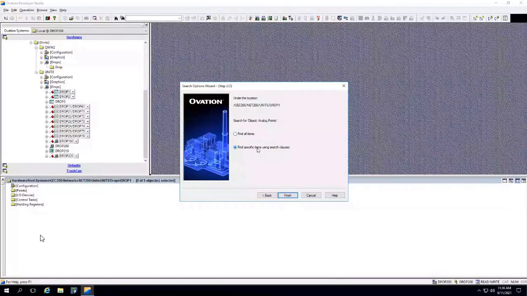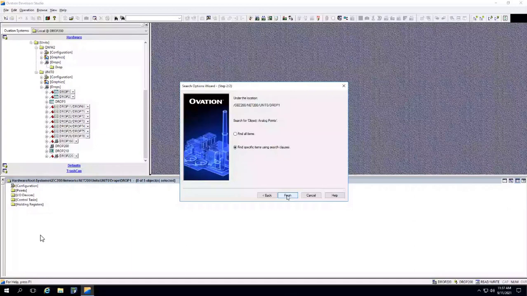Yes. If you select the above element as you did earlier, you are getting all the results. But if you select bottom, that means you are adding a filter to your filtered analog points. So select the bottom and click on next or finish. You will get another window to add a filter.